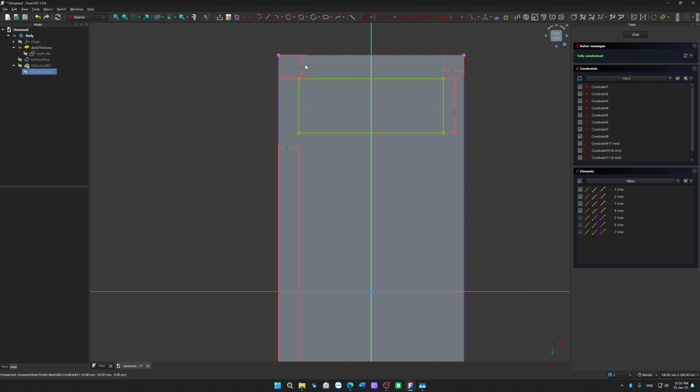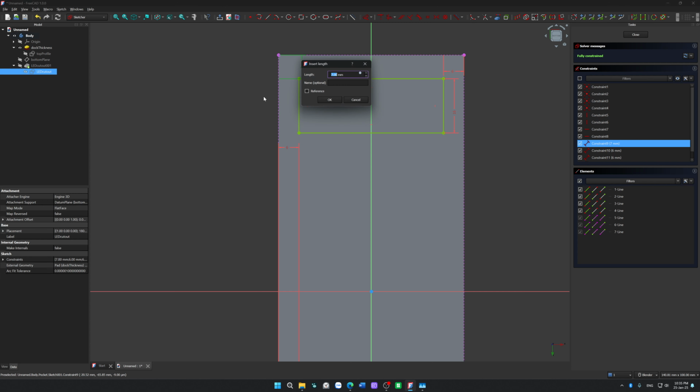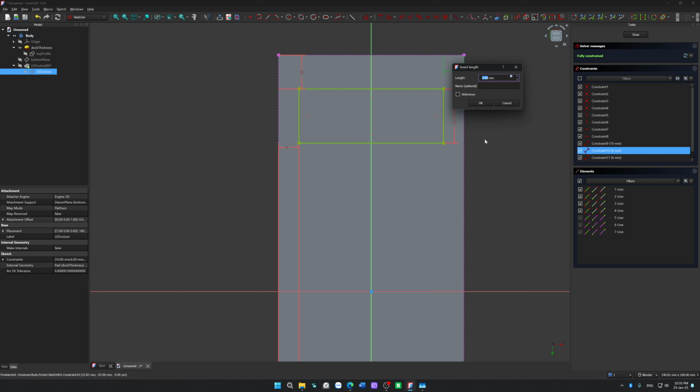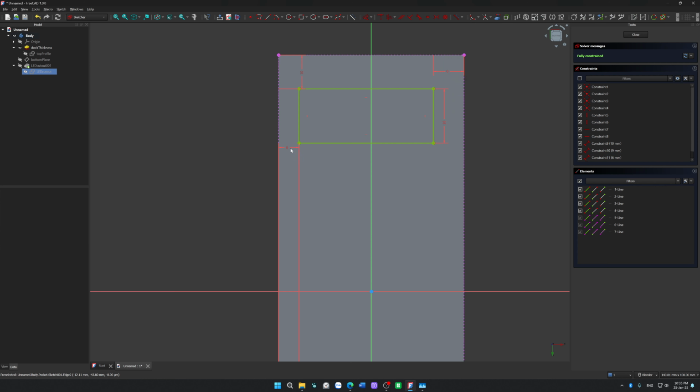Yep, the distance will be still 7, which is wrong because we are counting 7 from the inner diameter, so this should be 10. Oof, rough. And this shouldn't be 6, right? Yeah, it shouldn't be 6. It should be from the outer, so it would be 9. And so does this 9mm. Now let's double check the calculated dimension with the actual dimension. So the real one is 37